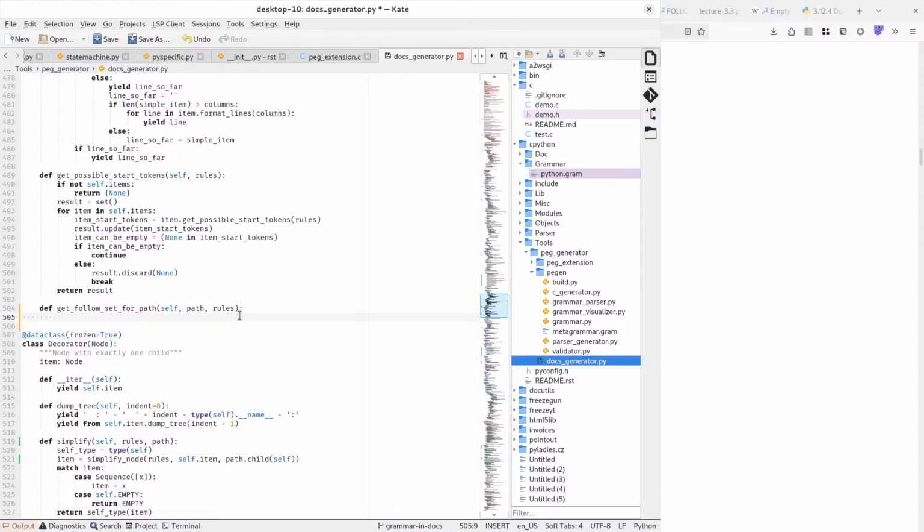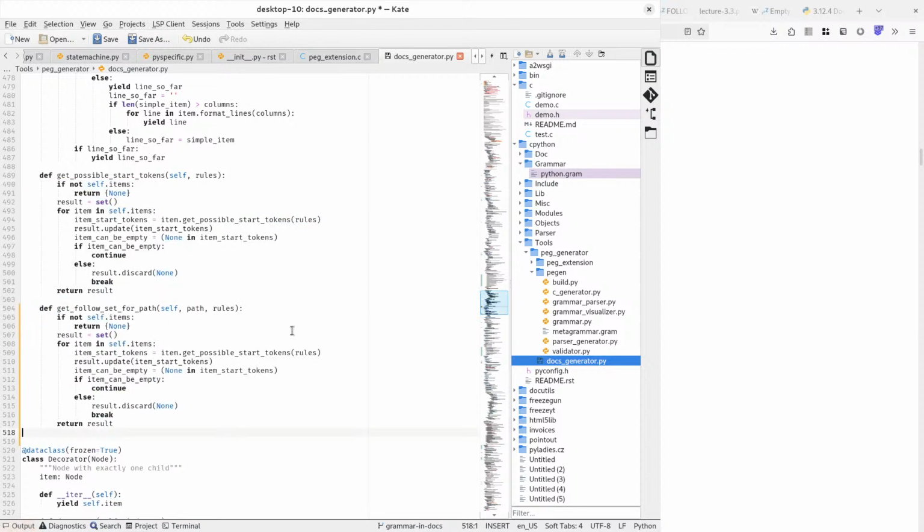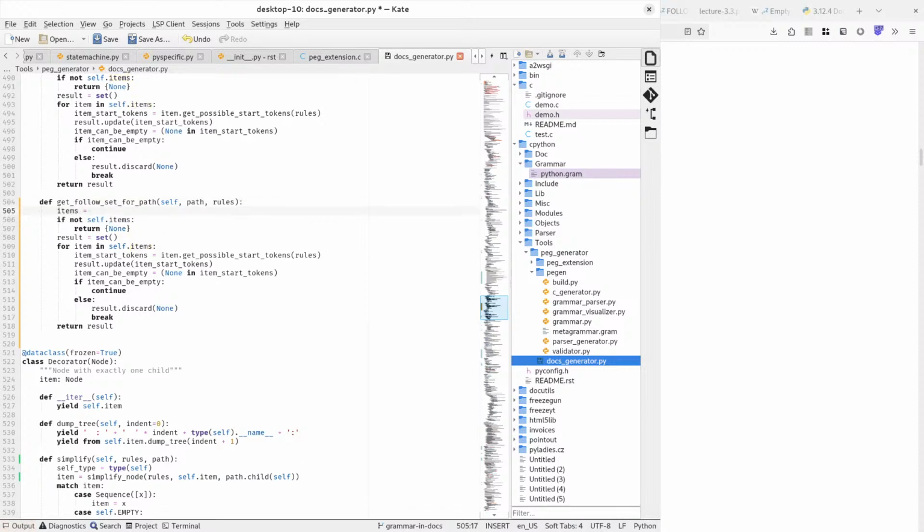All right. So to make this easy right now, I'll just copy it and I'll set the items to a subsequence of self items starting at position and continuing to the very end. And then instead of self items, I just use items, and it should be basically the same,